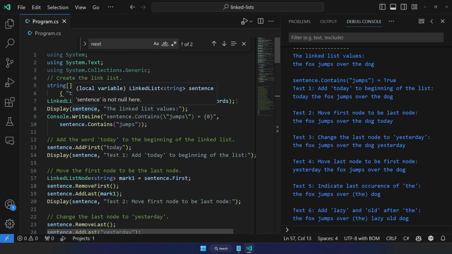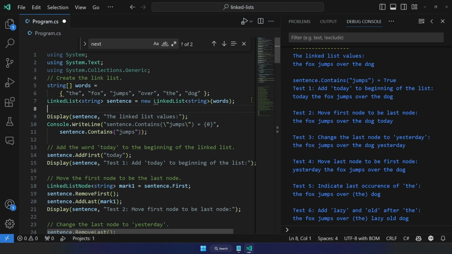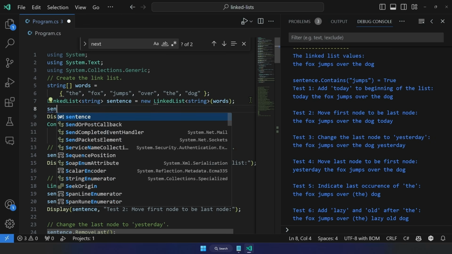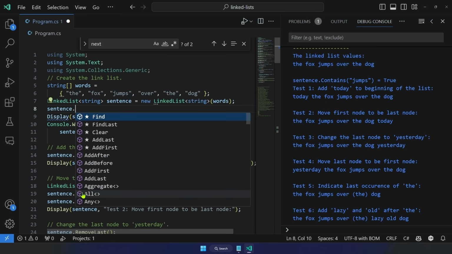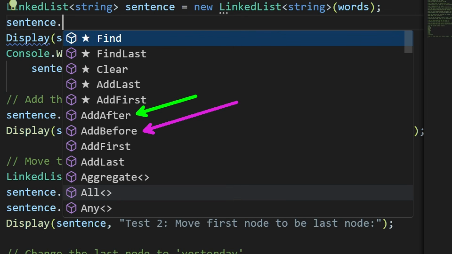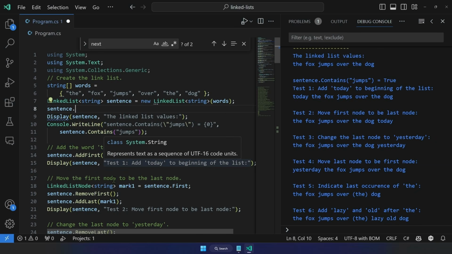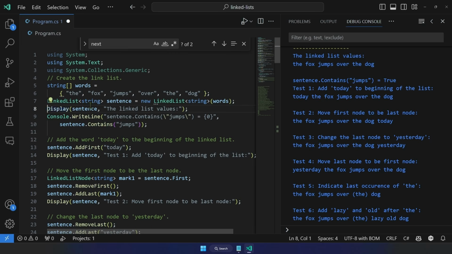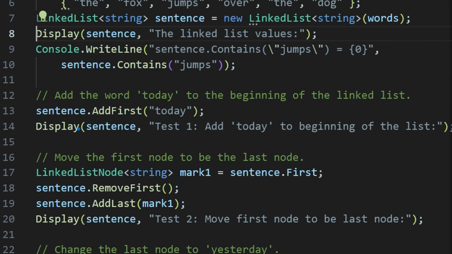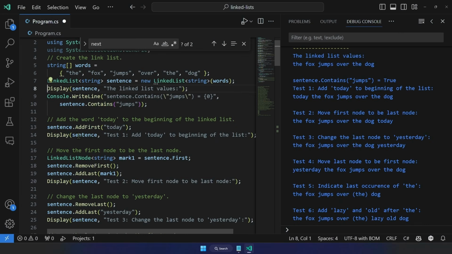We actually have methods on linked list right here. You see that one called sentence that allows us to do that work easier. We have things like add after, add before, add first, and add last. So I'm making changes to my linked list here in C# using those helper functions. So here we're going to say add first. I'm going to add the word today first. So I'm expecting when I run display, it's going to say today